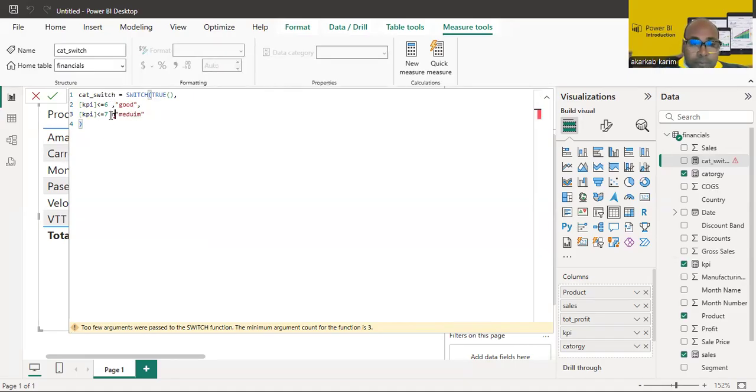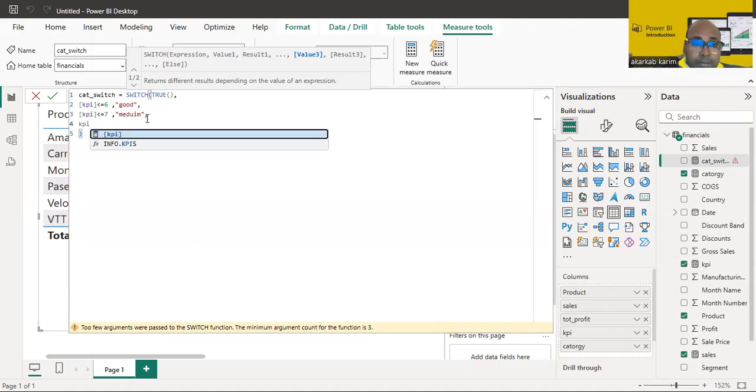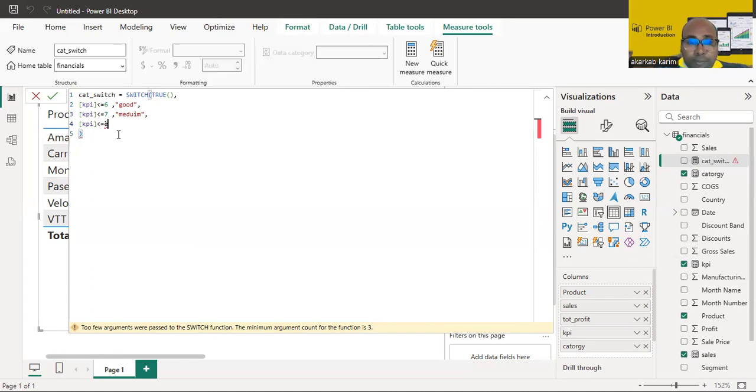Here also we need a comma. And here we return to the line. And if KPI is, for example, 7.4, okay,